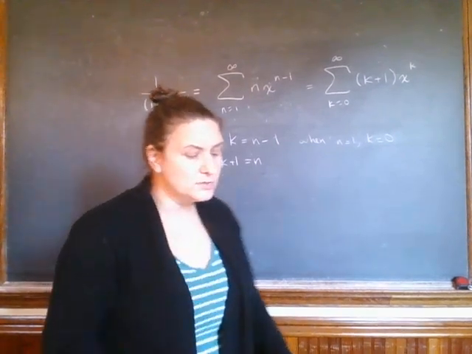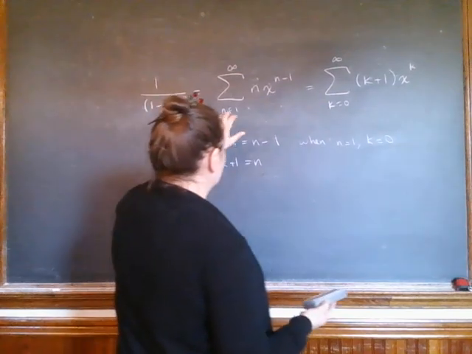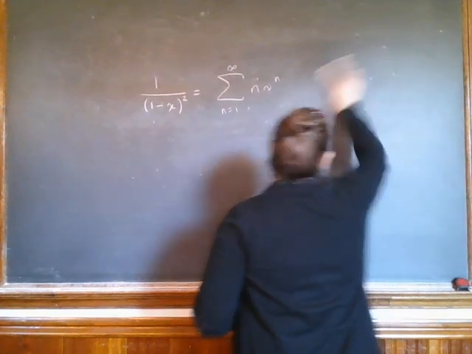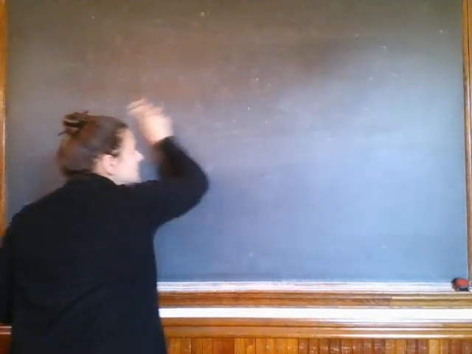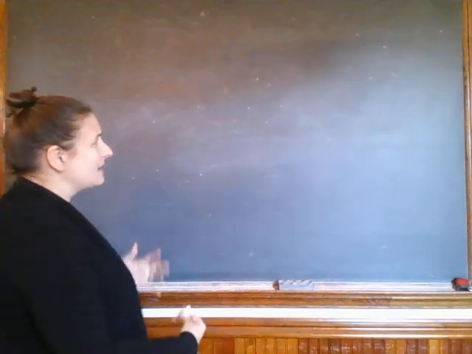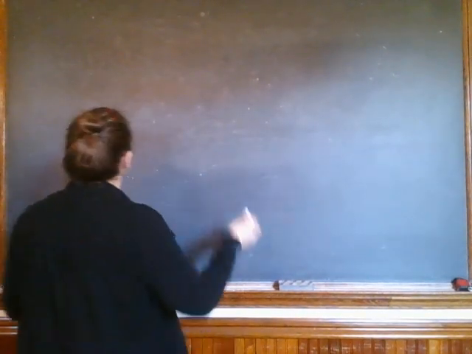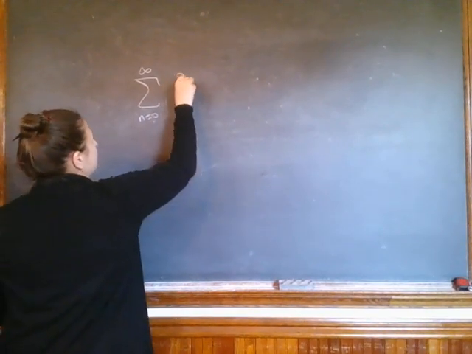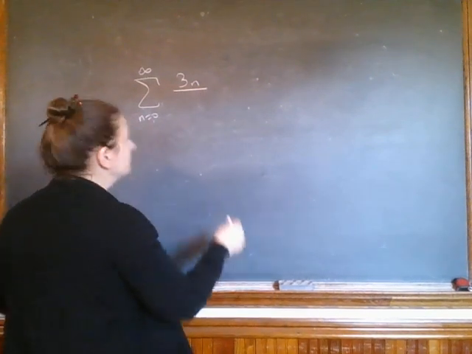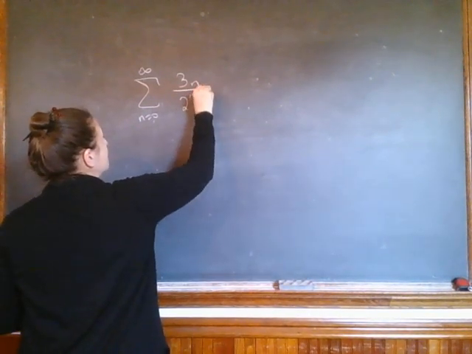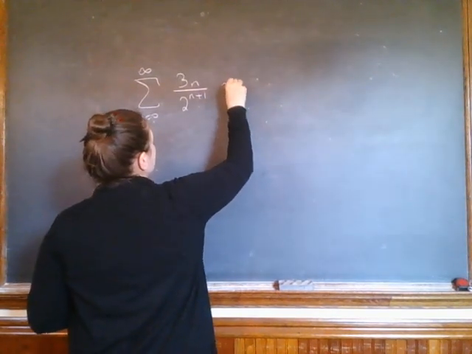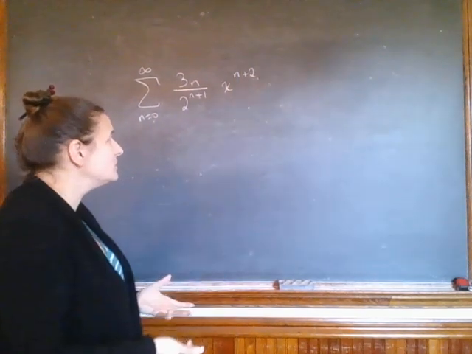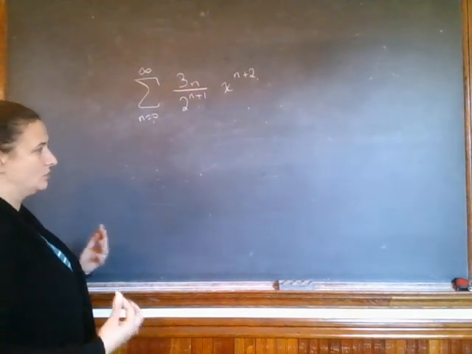Now, also, not necessarily do you want to go forward or want to go back. The reason they do this a lot is just to get the x to the n or the x to the k rather than some other weird thing. Here's another example where we're going to shift it forward. And this is going to be x to the n plus 2. So if instead of having an n plus 2, I just wanted it to be x to the n, or let's just do x to the k,